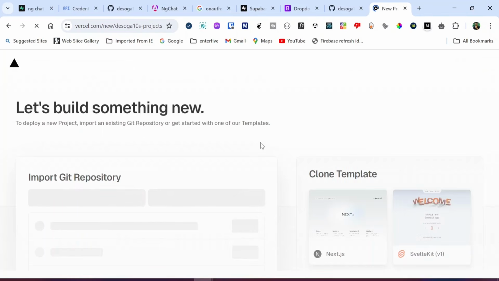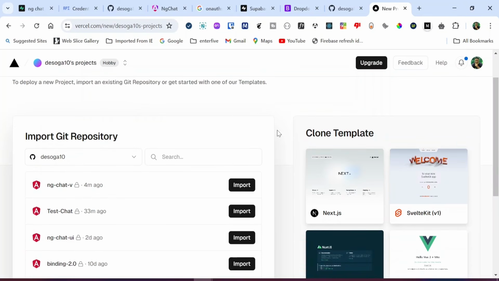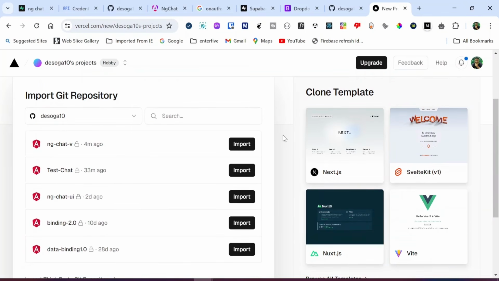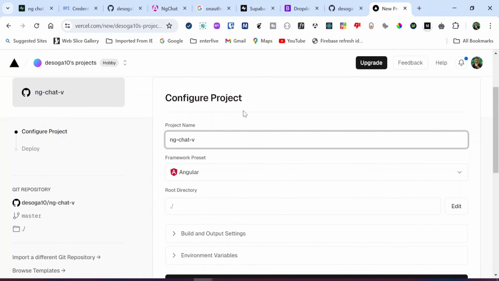Once you select project, on the left hand side of the dashboard, you're going to see different projects currently hosted on GitHub. So all you need to do is to select the project you want to host. For me, I'm going to select the ngchat-v project. So I'm going to click on import, and then we are going to be presented with the configuration for the